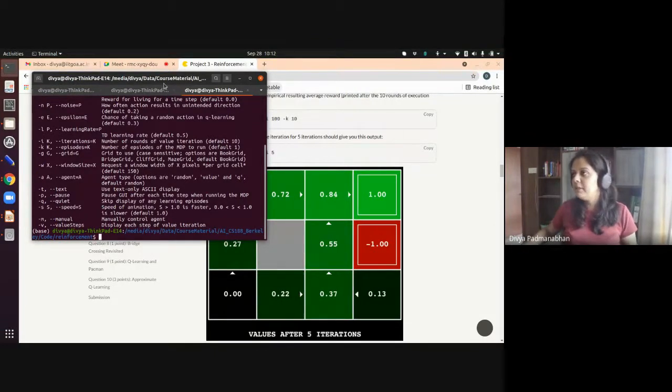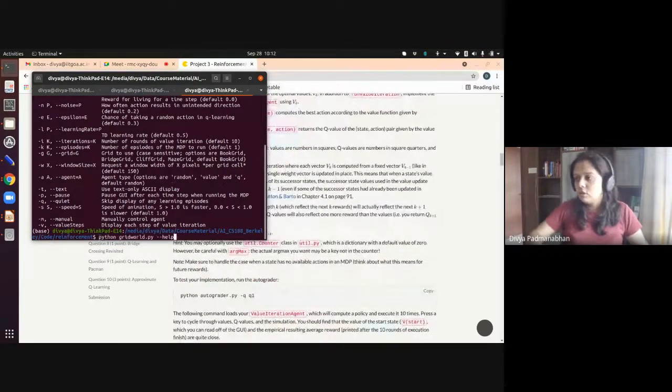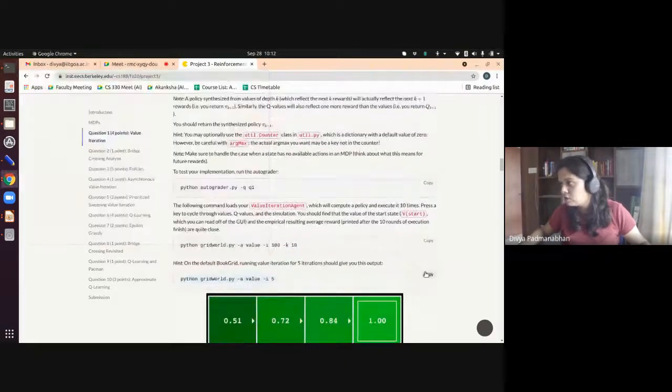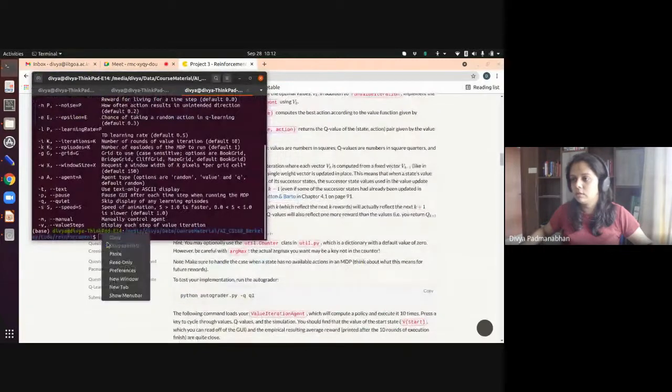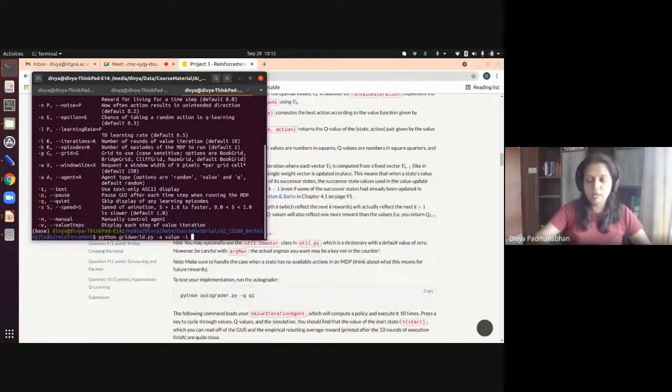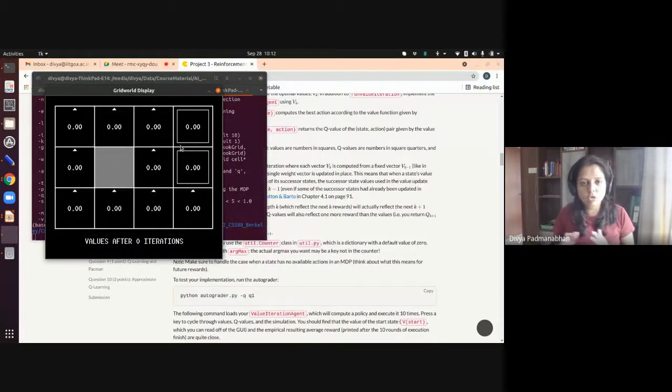So what's going to happen is, maybe let me just go to a place like this. Okay, so I'll just copy this command. I just want to show you what happens in iteration 0. I'm just doing one iteration of grid world, or let's just see what it is at the start. At the start, you don't know the values of any of these states, and everything is going to give you 0. So this is the initialization of grid world basically.